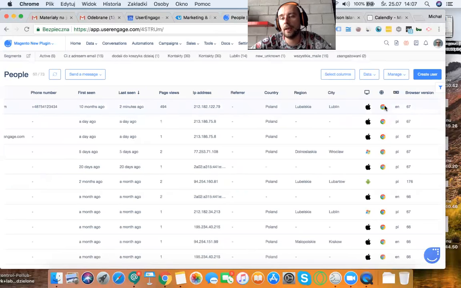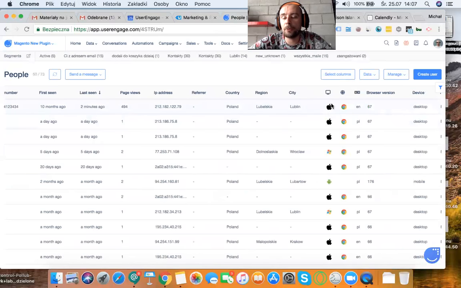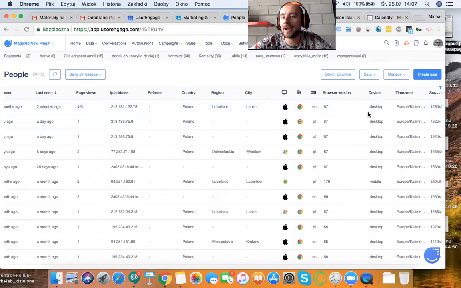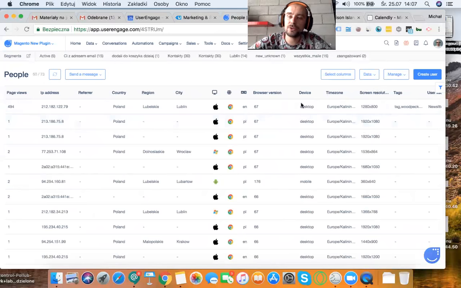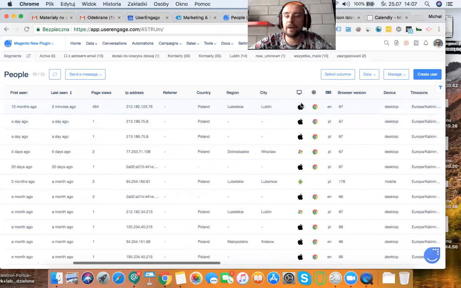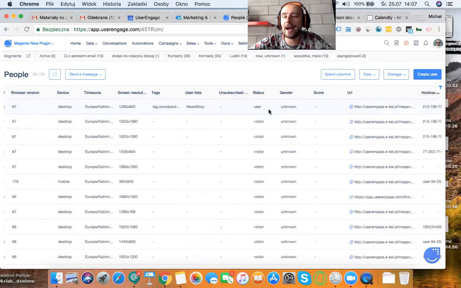We know information about the operating system he is using, the browser or language version of this browser, or what kind of device, whether it is mobile, tablet, or desktop. So the screen resolution, time zone, etc. There are a lot of attributes